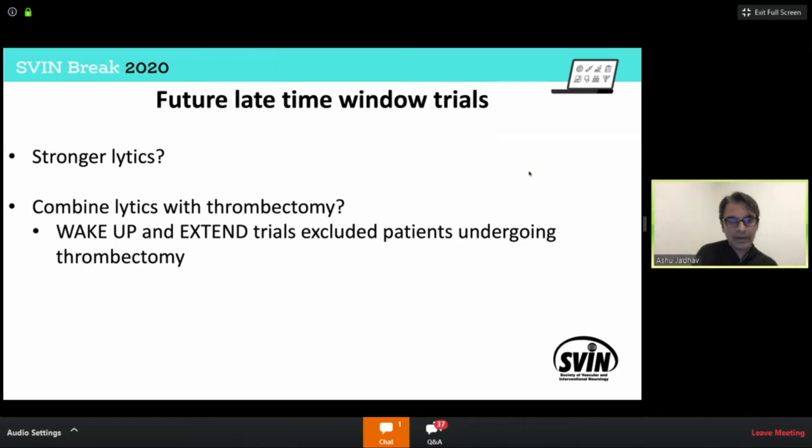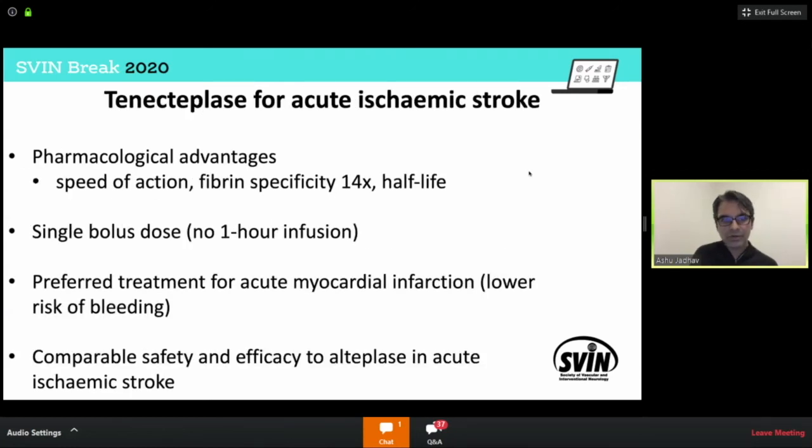Keep in mind that the WAKE-UP and EXTEND trials were done kind of pre-thrombectomy era, so they really excluded patients who could undergo thrombectomy. One of the areas of a lot of interest is the use of tenecteplase, which has several benefits and is a lytic that's being used more and more in cardiology in patients who cannot undergo PCI in a timely fashion. The benefits really are that it has a higher specificity for fibrin,